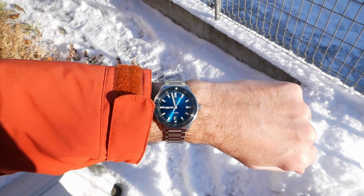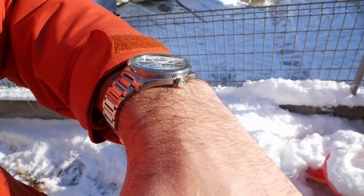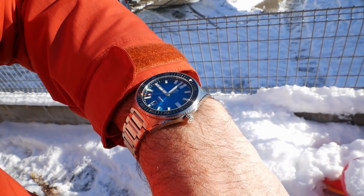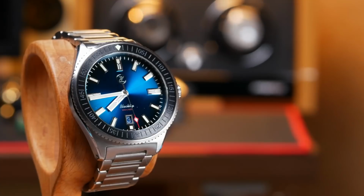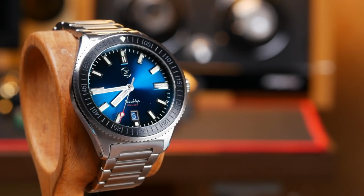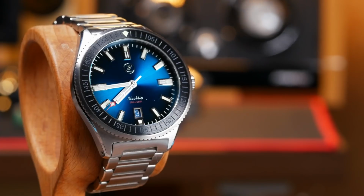So something that is a little bit slimmer, a little bit easier to wear, usually doesn't have as much water resistance as a professional diver. And oftentimes they were also a little bit more elegant looking, a little bit more beautiful than your really rugged tool watches that were meant for professional diving. And I think this watch really embodies all of those characteristics. It's incredibly easy to wear on the wrist. It looks fantastic. And yet it delivers all of this while maintaining Zelos's really unique design language that they've been